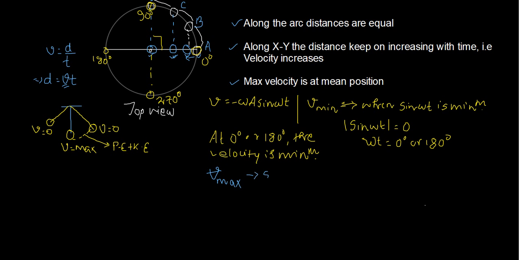How? So if it's 90 degree or 270 degree, we know sine of omega t is equal to -1. So that's sorry, it's plus. So it will be +1, or minus 1. We can take any of these values, and therefore we can say that maximum velocity